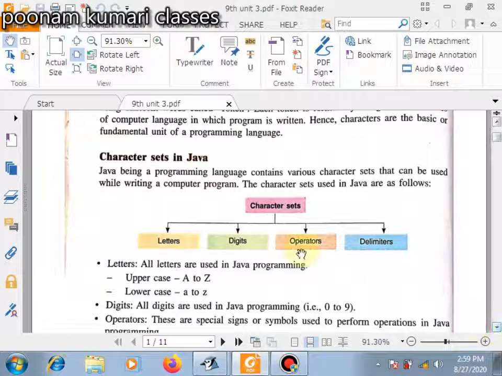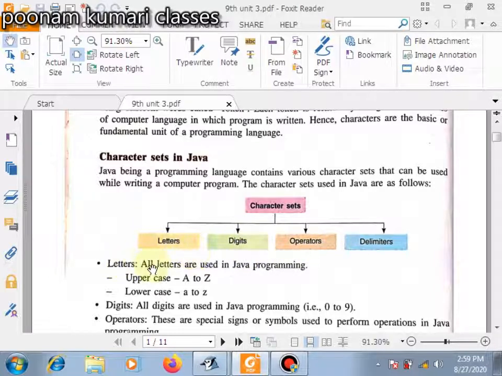Now let's see the character set in Java. Java, being a programming language, contains various character sets that can be used while writing a Java program. The character sets used in Java programs are as follows. First, letters, digits, operators, and delimiters.